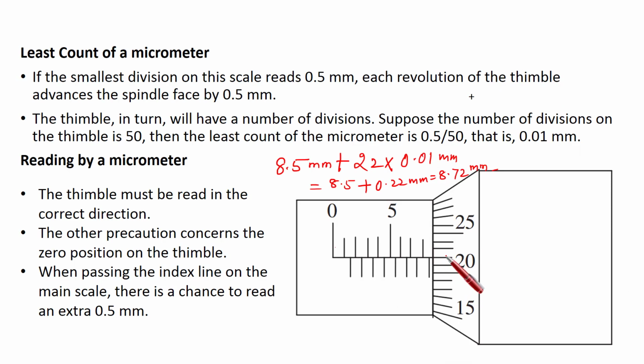Okay, so this is how we can. It's very, very easy in case of a micrometer to take the reading. But you have to take care in which direction it is rotating, because sometimes these markings will not be there, 15, 25, 20, only 0 will be there. So you have to remember in which side you have rotated, otherwise you will be confused.